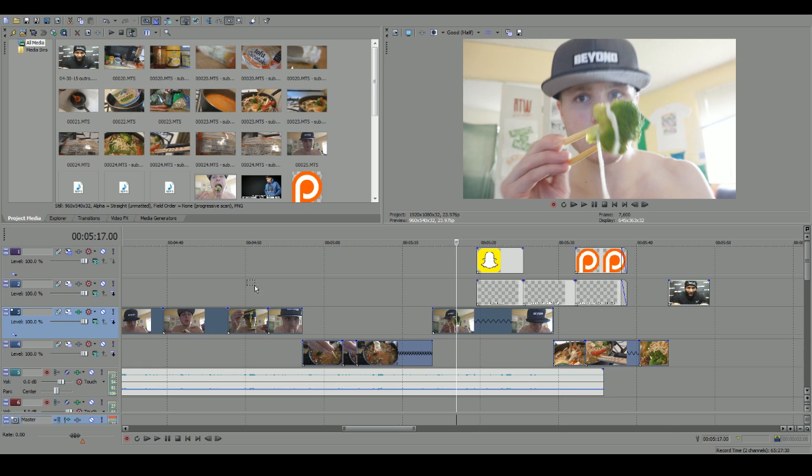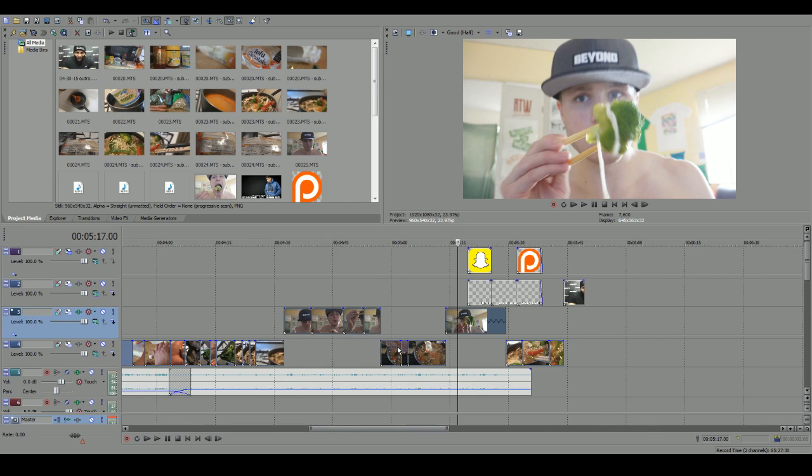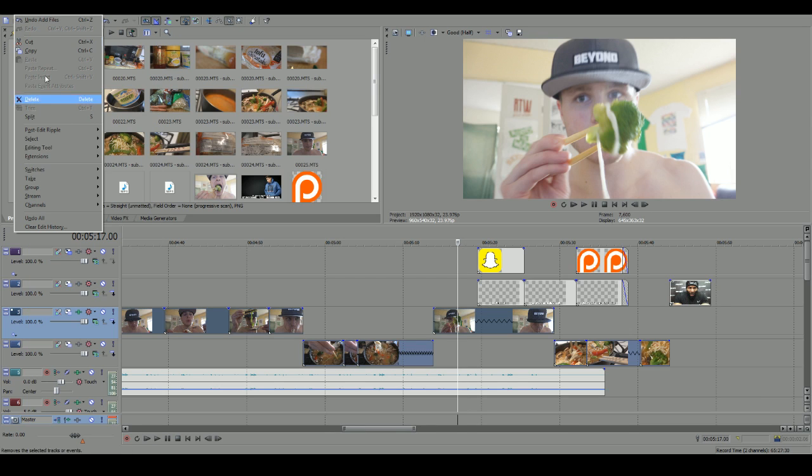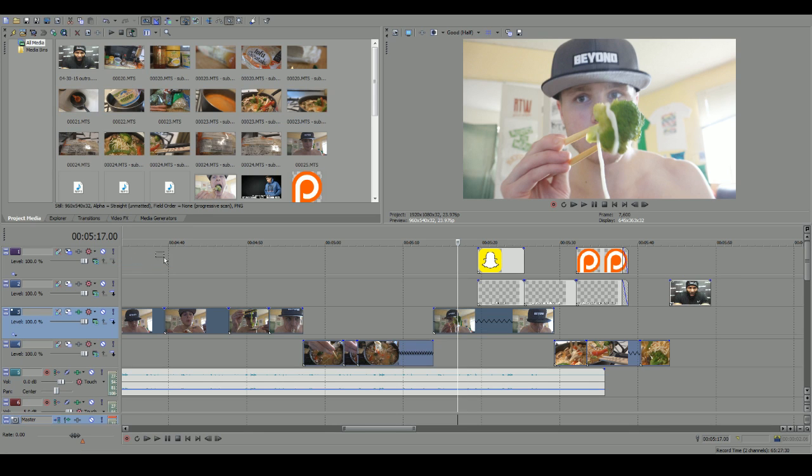So you're going to highlight everything that's a video, not audio, because if you do, then you won't be able to do this option. Go up to edit after you've done that. This is going to be the fastest way to do it. Go to switches, and then you're going to go from smart resample, which is where it always defaults, and you're going to go over and click disable resample. Now watch the image change. You see how it just got a little bit more clear? You see that?